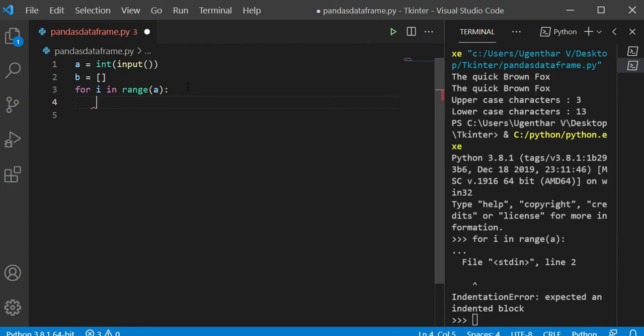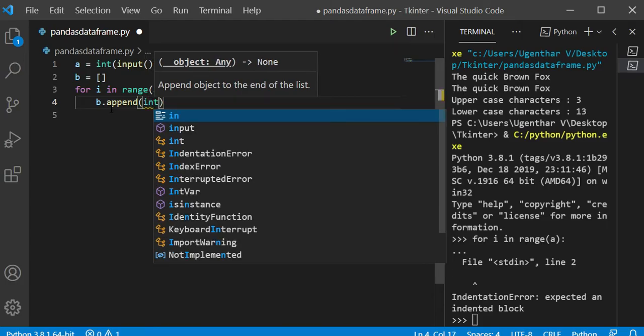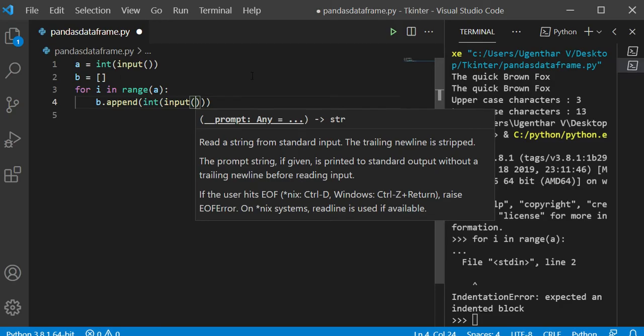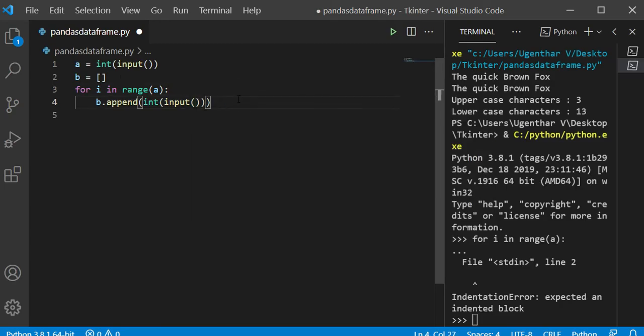Now let me append every integer into the B array, int of input. This line will be used to get each and every value, a number of times, from the user, and it will be appended into the B array.